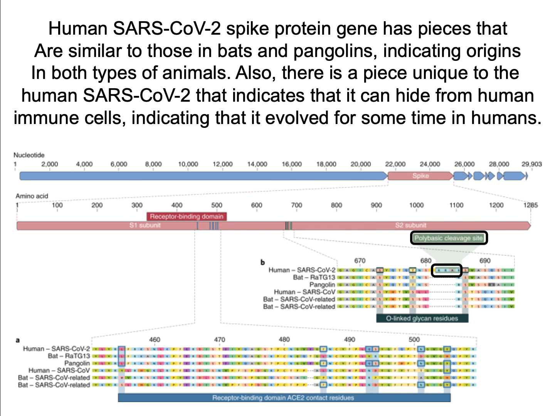This is a piece that was not predicted to be there, and so it indicates that it wasn't created in a lab, but that it had evolved in a human population for some time, because what that little piece does is it causes a change in the spike protein so that it will evade the human immune system for some time. So it obviously evolved within humans for some time so it could evade and become a more efficient